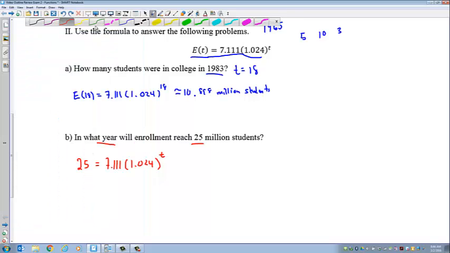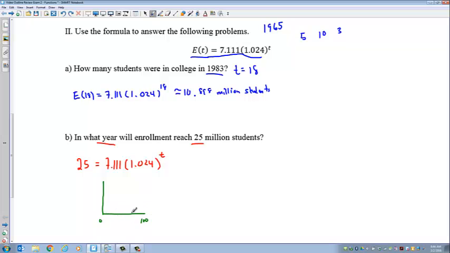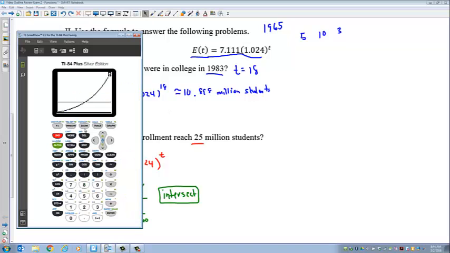So I typically like to draw something so I can show some work in case I do something wrong. I can get some partial credit. So 0 to 100, and it went up like this and across like this, and I tell everybody, hey, I'm going to do this intersect button on my calculator, so I just usually write intersect and put a box around it. And then I take out my calculator, I hit second, trace, and then I go down to number 5,